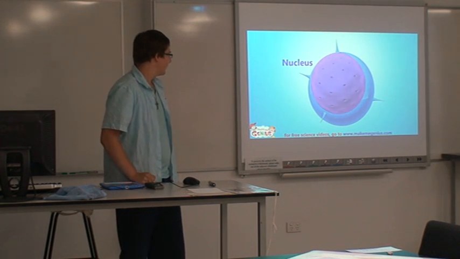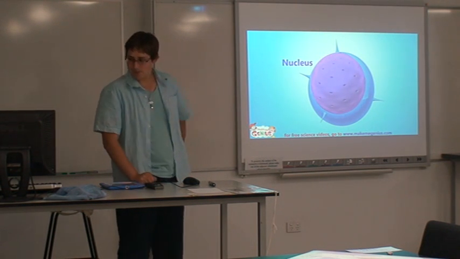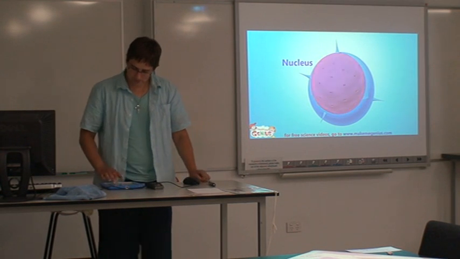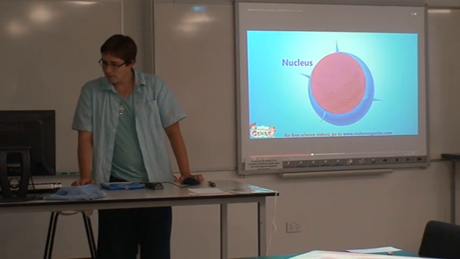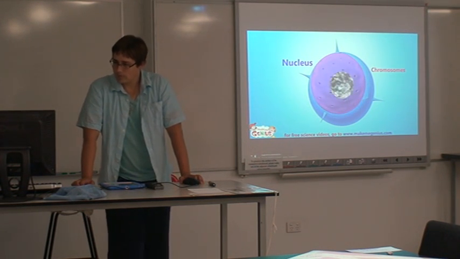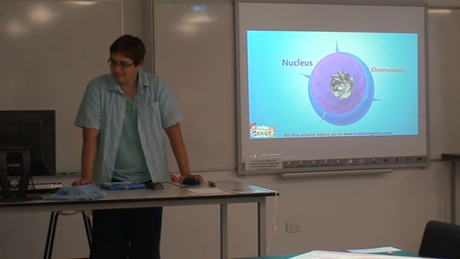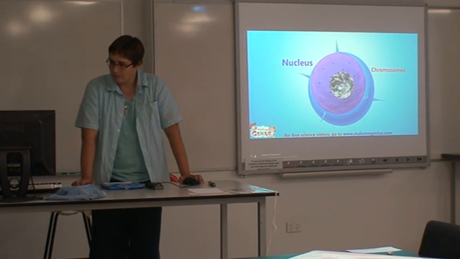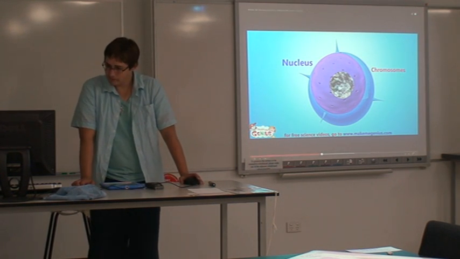Here is the nucleus. It is the control center of the cell. The nucleus has a membrane that has pores in it. These allow certain molecules to enter or leave the nucleus. Inside the nucleus, there is a small thread-like structure called chromosomes. Chromosomes carry genes, which are responsible for hereditary characters that are passed on from parent to cell to the new